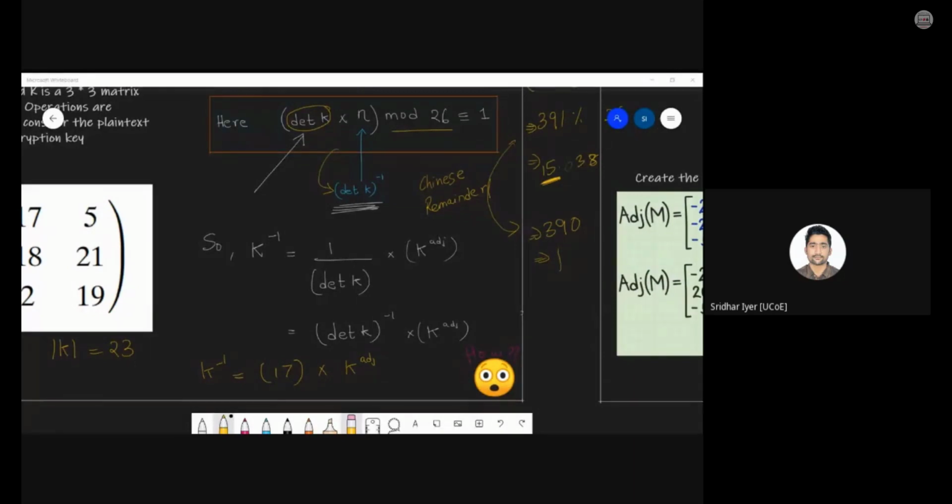So the only tricky part over here is calculating the determinant K inverse. Am I clear? That will take some time. You need practice. With practice, you will be able to do it quickly. Am I clear? Any doubts so far? Instead of asking at the end, you can ask now also if you're having any doubts. Clear? Fine. What about others? B division?